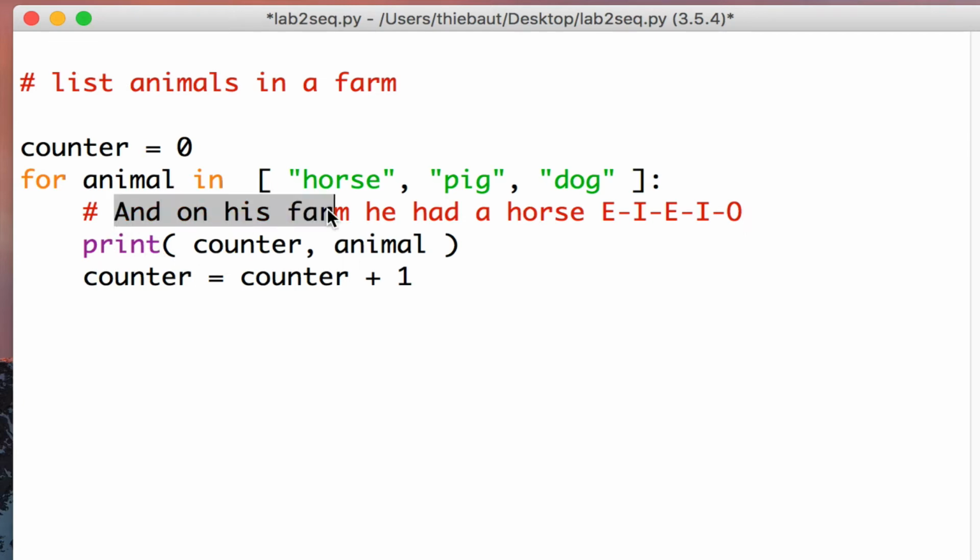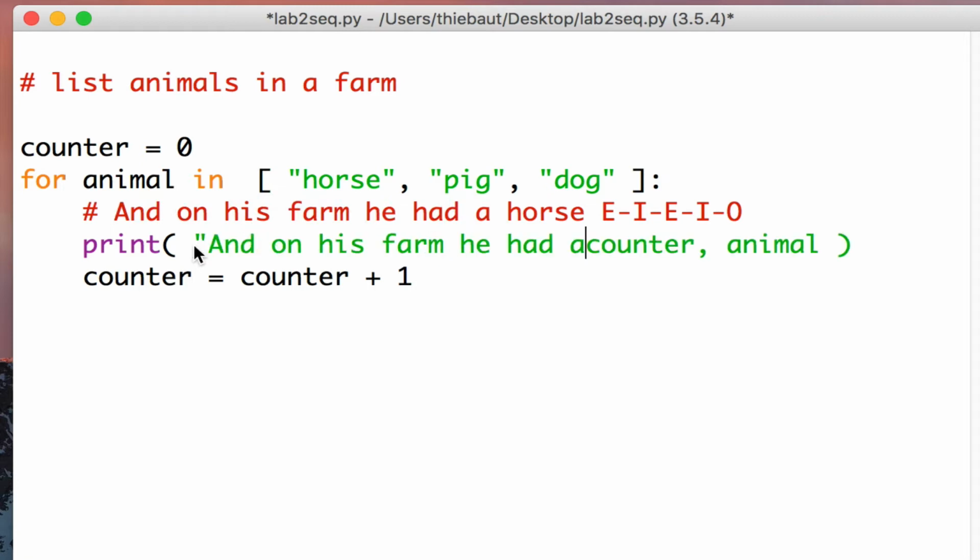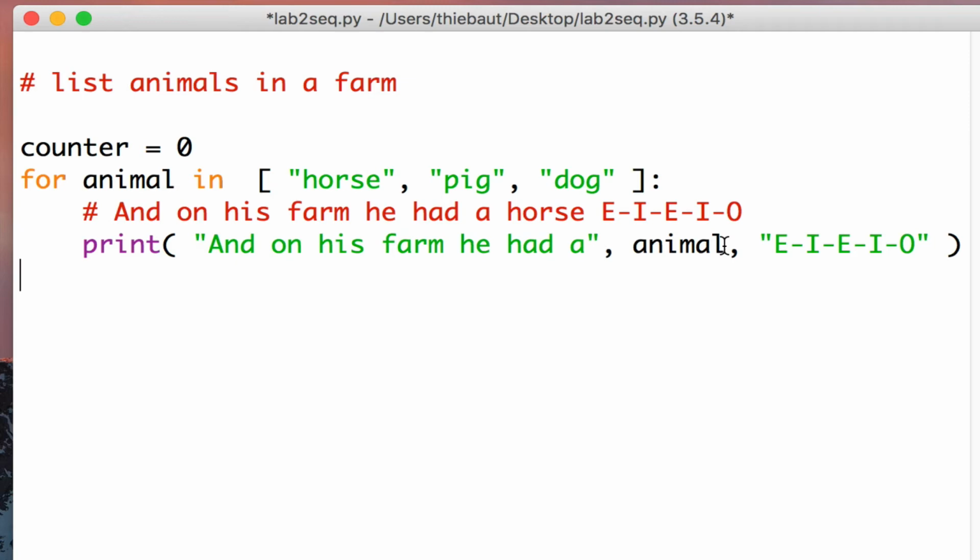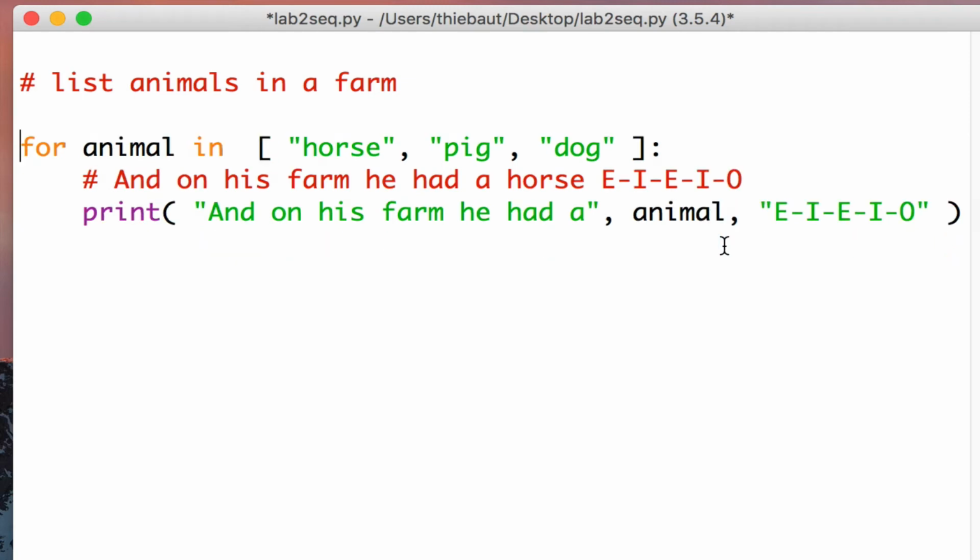So I'm going to print this first, put that between double quotes, and on this farm he had a, so I don't need a counter anymore. Animal, and then after the animal name I want E-I-E-I-O, so this part here I'm going to copy, put it between double quotes, and I have a string, and this I don't need anymore, this I don't need, and let's